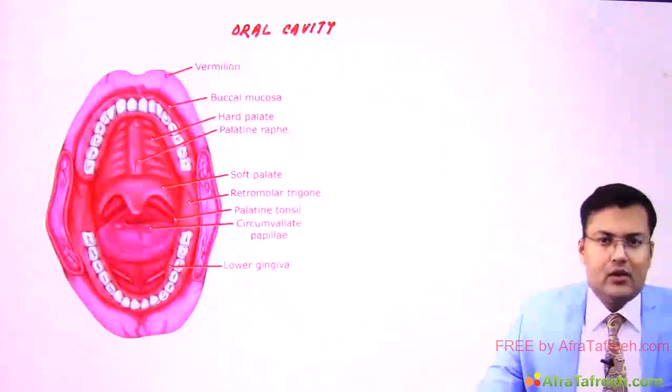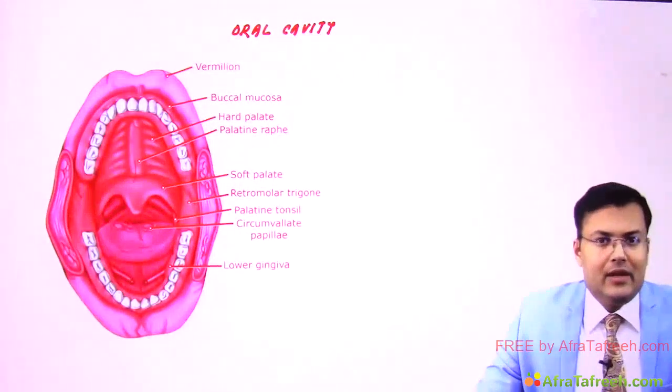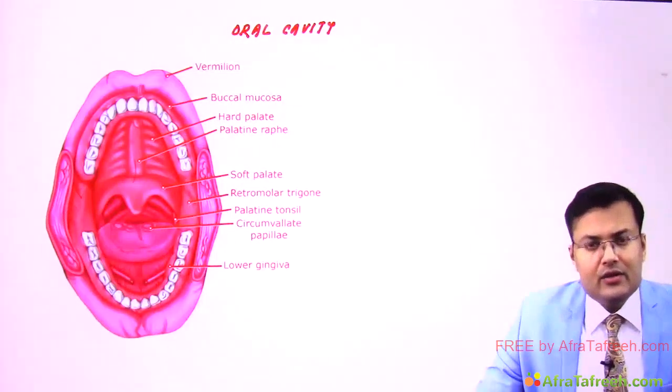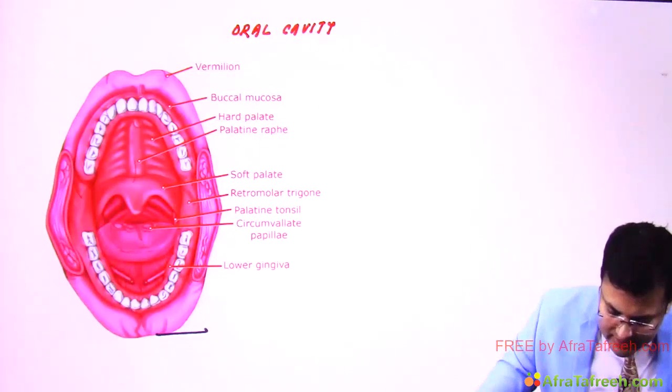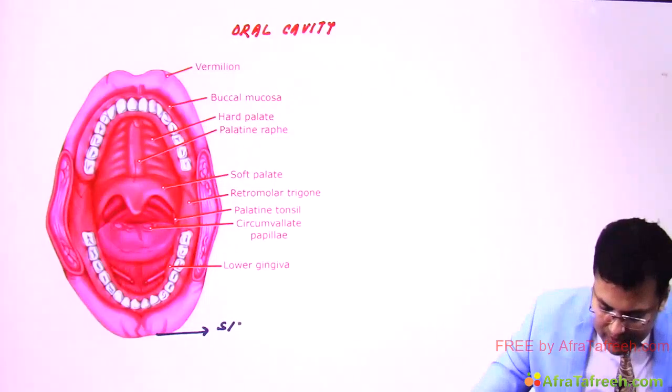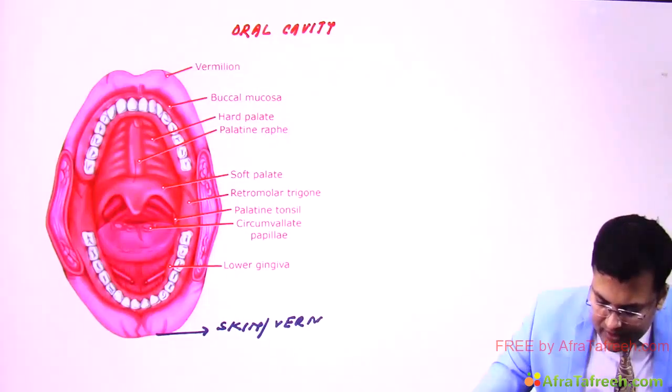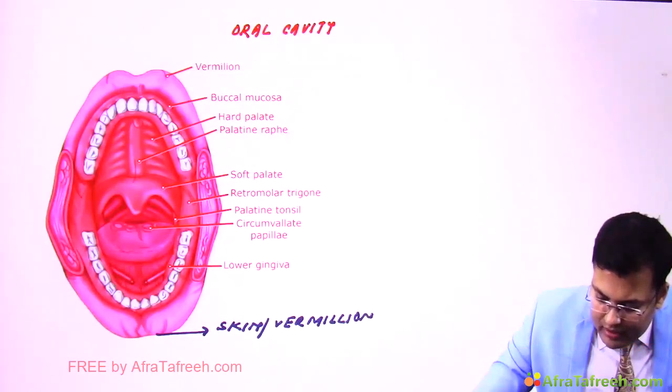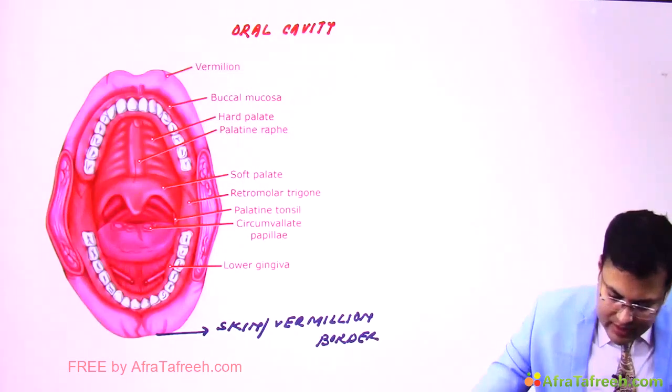Now we are going to discuss the oral cavity. So first see the anatomy. What is the extent of oral cavity? Anteriorly, there is skin and vermilion border. And posteriorly, you can see the